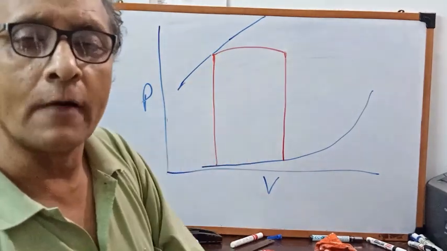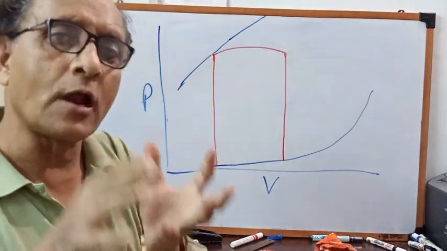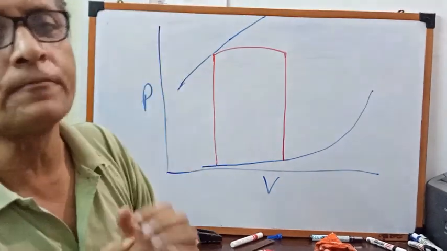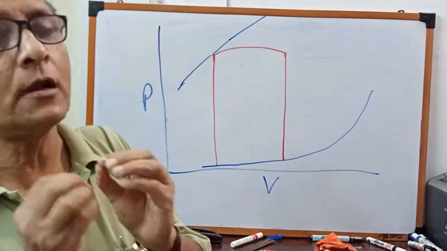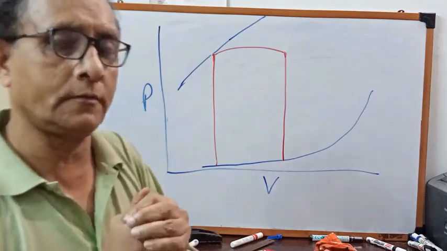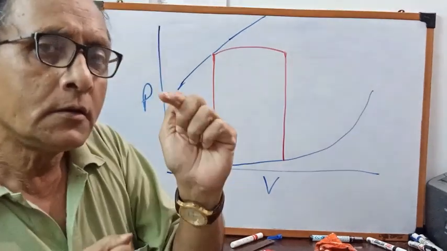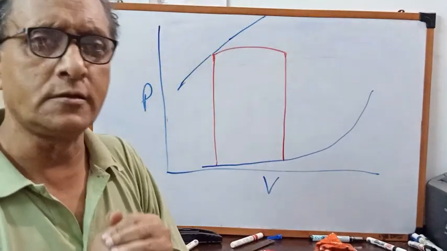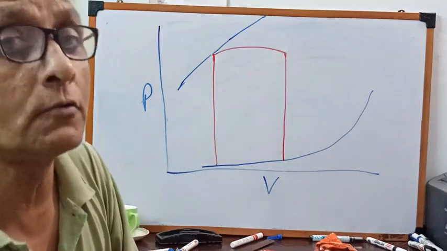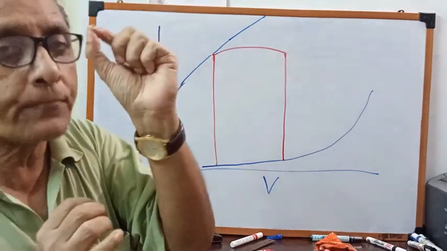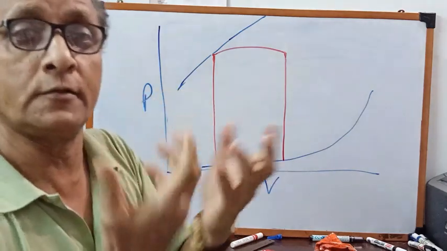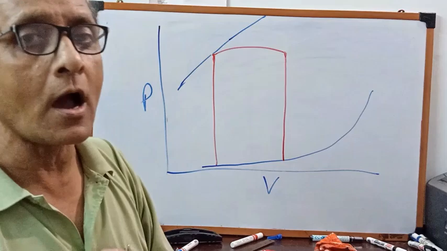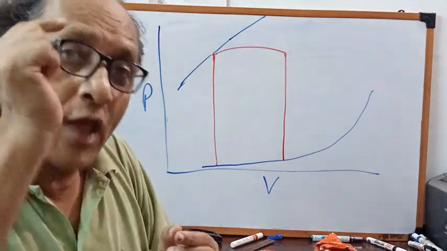And as we are increasing the afterload, ventricular performance is gradually reduced, and a particular point of time will come when ventricular ejection is stopped altogether. And we determined that afterload which is just sufficient to stop the ventricular ejection. And that pressure, that afterload pressure, is expressed as peak isometric pressure of ventricle